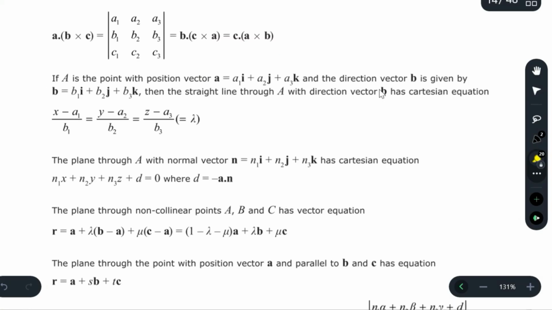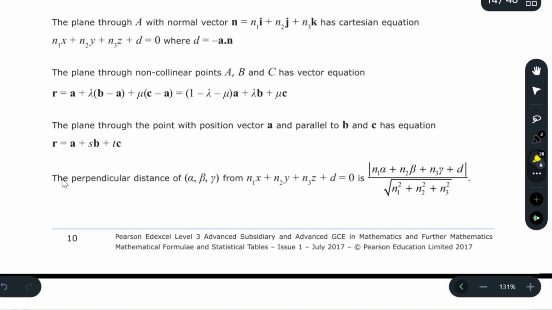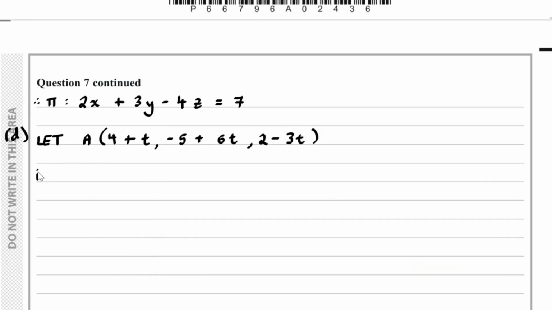And if we go to the formula book, this is how we find the perpendicular distance from a point to a plane. Now we know all these values of n1, n2 and n3. We know the value of d, and we know alpha, beta and gamma. That's a point, and we're finding the perpendicular distance from this point. Substituting everything in,